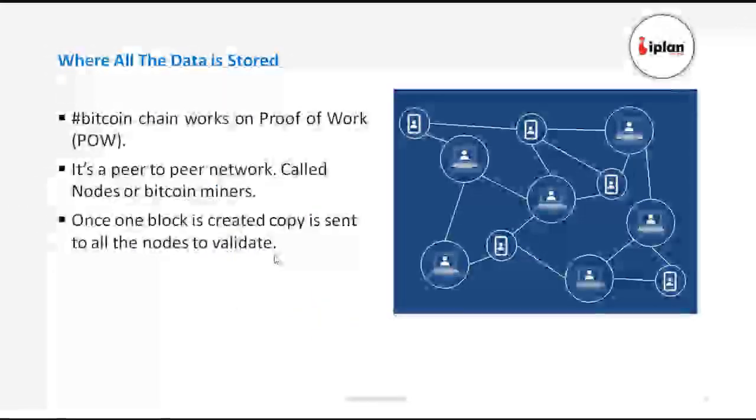Let's move on here. Bitcoin, or the blockchain, works on a peer-to-peer network. Remember, if you have downloaded some files from a torrent network, the torrents are also illegal right now. The file is stored on everybody's computer, so even if one computer is not working, you can still download the file from somebody else. The copy of the file is with all the peers in the network.